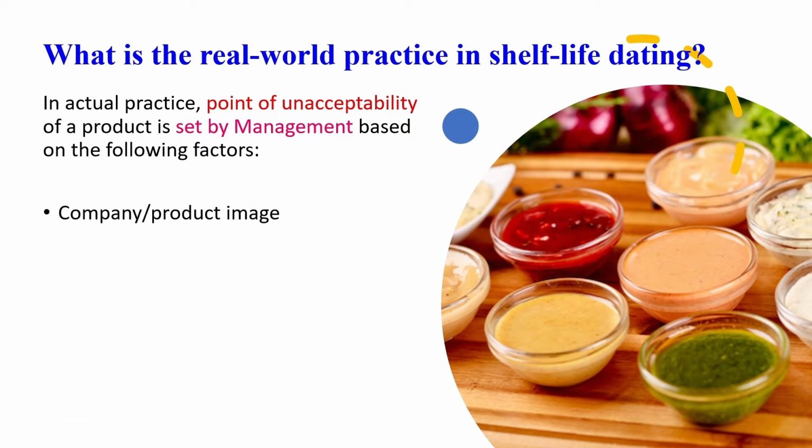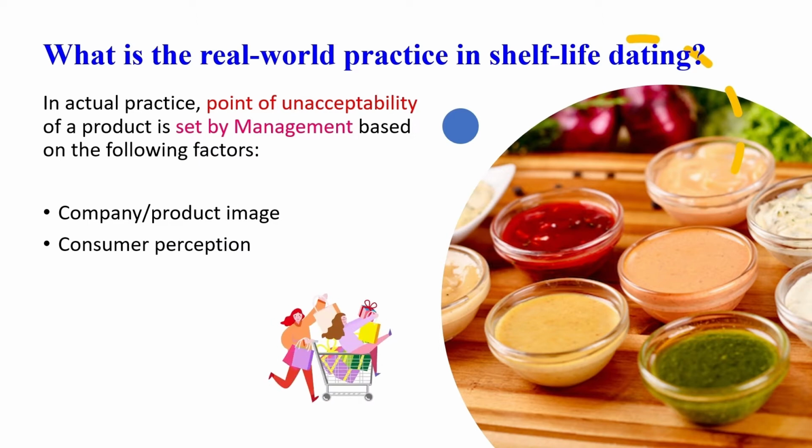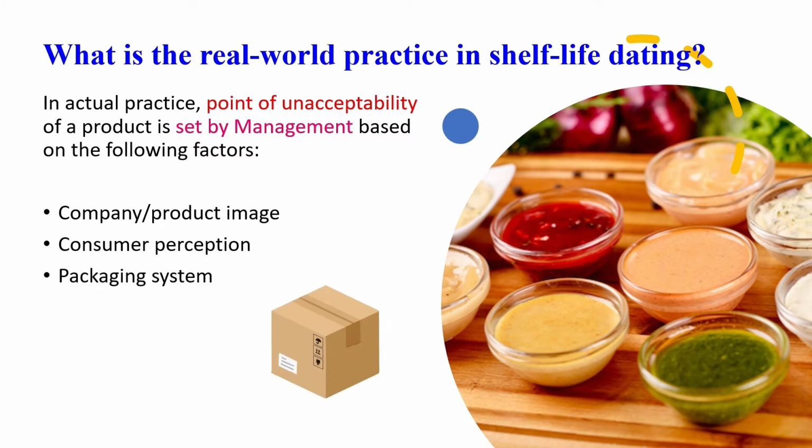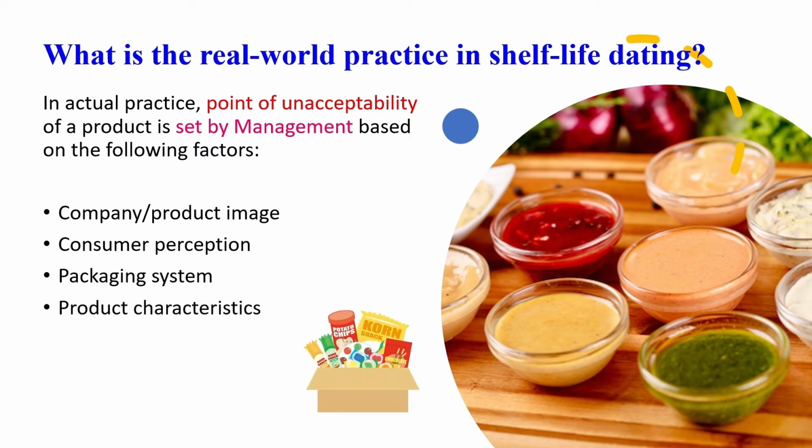The first one, the company and the product image. Do you still remember, in the beginning parts, I shared that even though some of the products are not stated in the 5th schedule, the company still provides the shelf life dating on their products because it reflects the company image. Then the consumer perception, very important. The packaging systems of the products, the product characteristics,